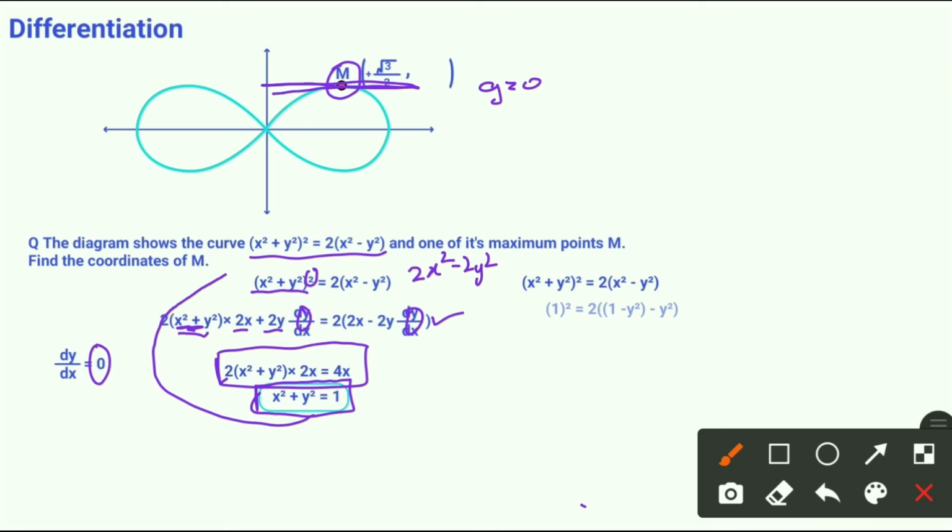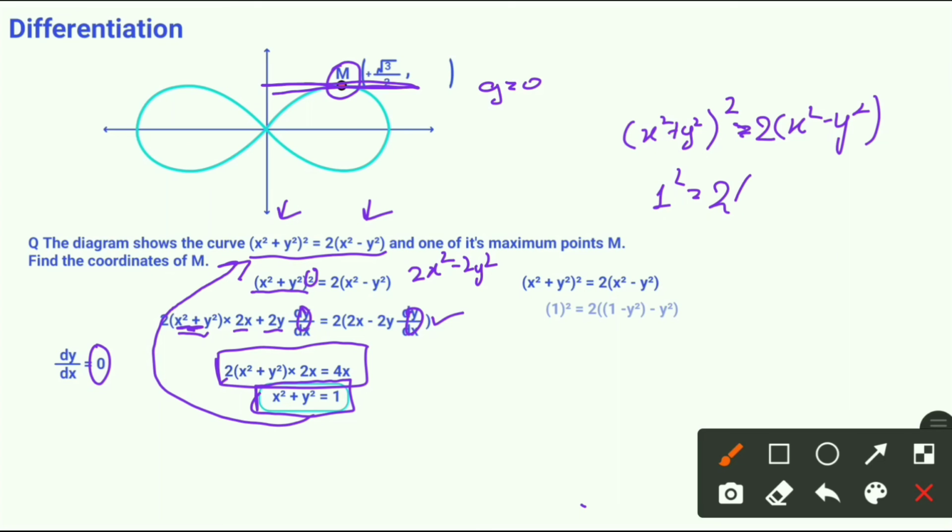Then we put this equation back into the original one, put it in here, and we get 1, and we put it in here as well. Let's see if I put it, then square is equal to 2, and x square minus 1 minus x square. Okay, so you do it this way, and then you get the coordinates of x,